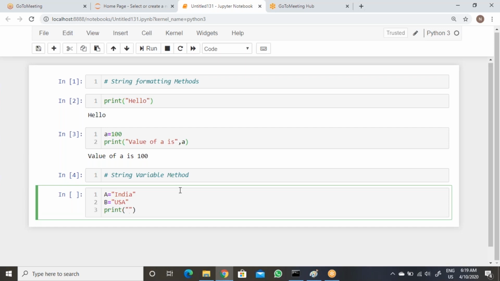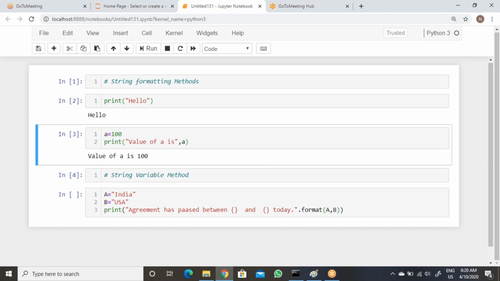Then print, you can write, agreement has passed between, then you take this one, and then you take this one. So I'll explain today. Now you can use dot format, then you can pass the variables a comma b.